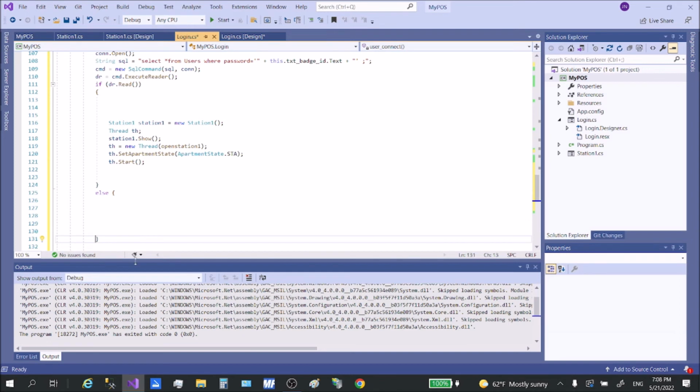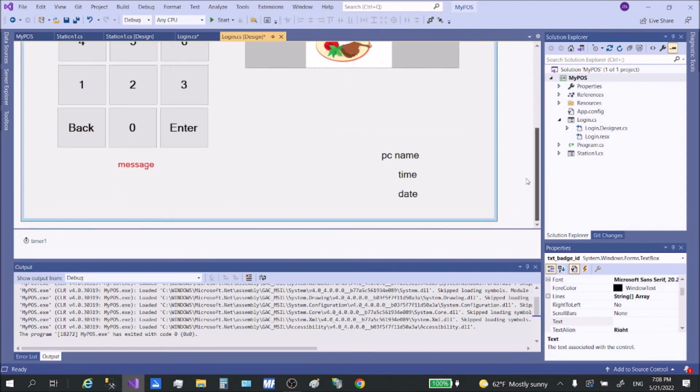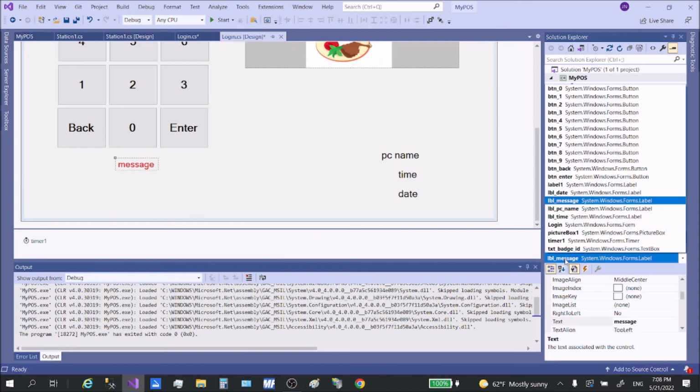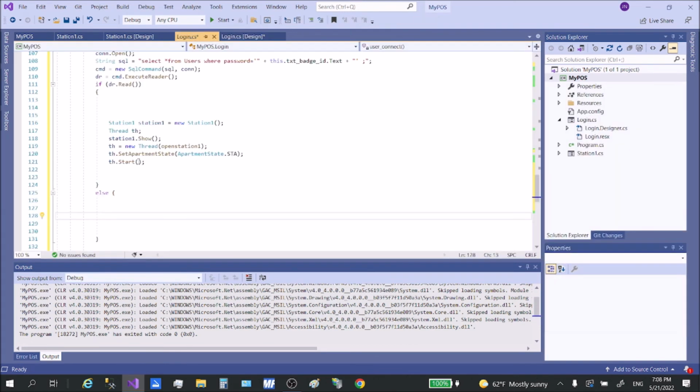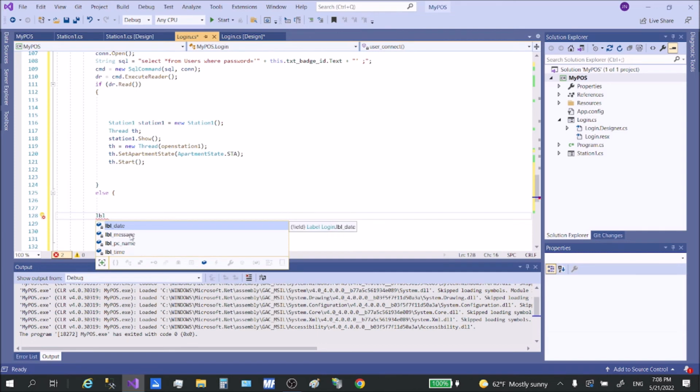I want it to display a message, and that message will display right here. So we're going to say LBL message right here, LBL message,